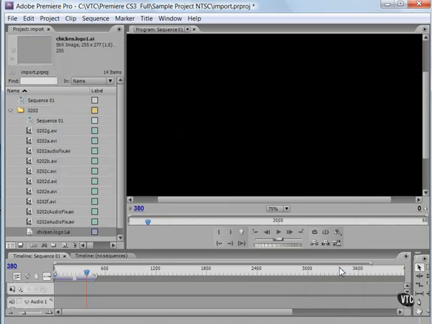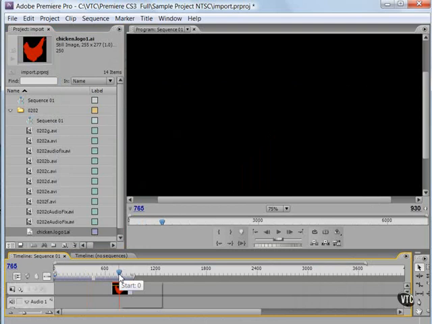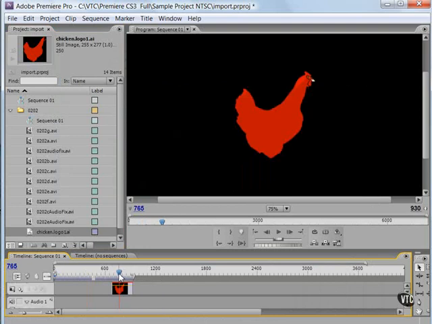It imports it into Premiere. Now, if I drag and drop this onto the timeline, you'll see that Premiere has indeed automatically anti-aliased or smoothed the edges and also converted all empty areas into transparent alpha right there